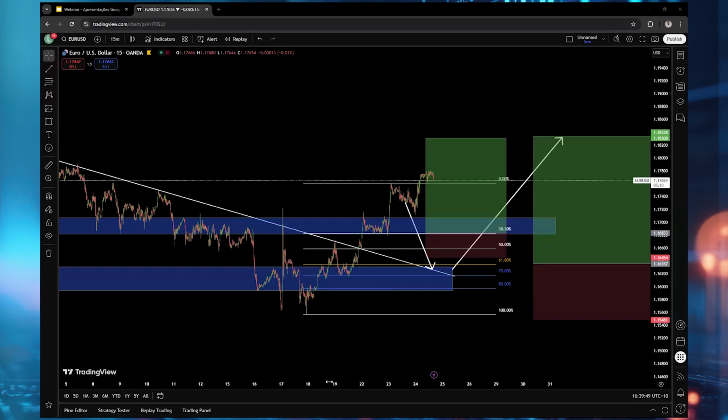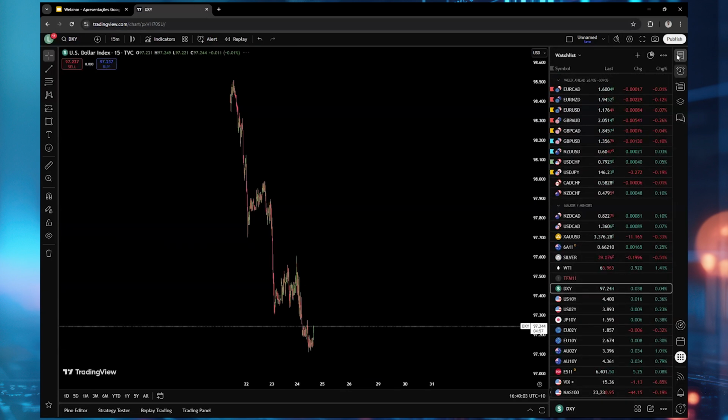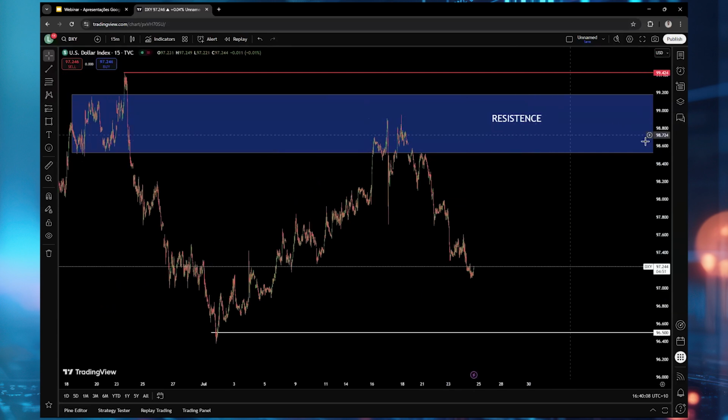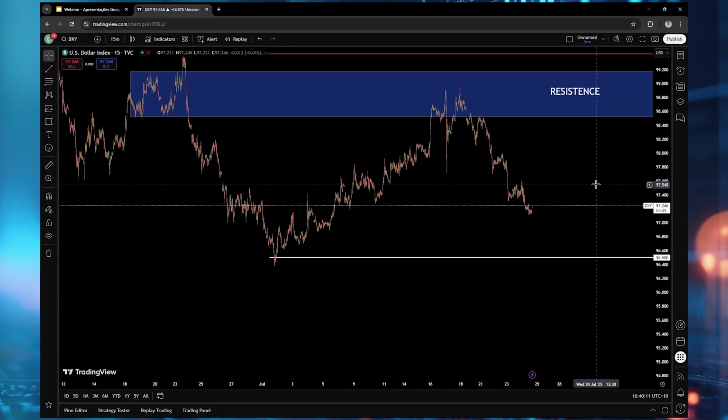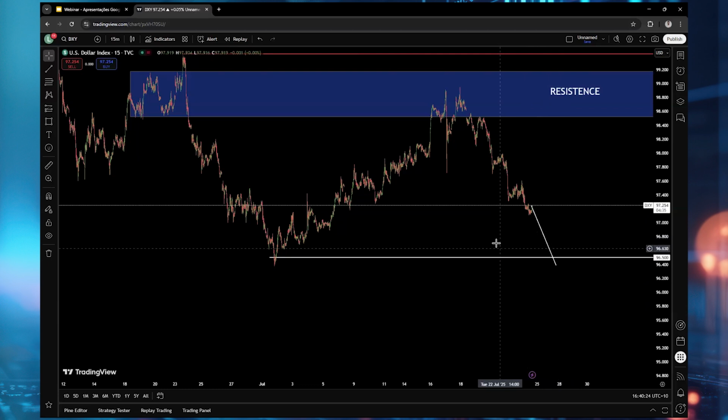Where do you think DXY is going before value reversal? In what sense do you mean reversal on DXY? Sorry, I didn't quite get that. You mean like going up? DXY going up? I don't think it's going to go up. I think it's probably going to continue to go down. Yeah, I think we'll continue to go lower, break that bottom and continue to go lower, maybe to 96 as the next target.